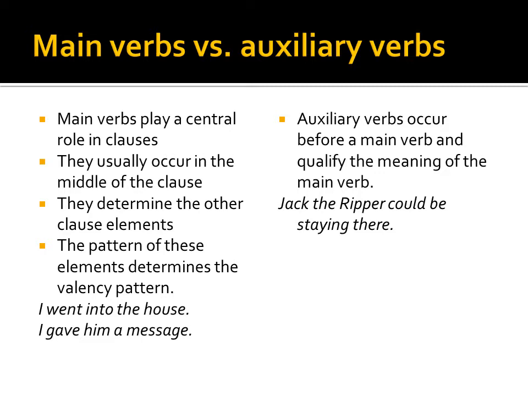So, you say, I went into a house is one type of valency because it's just a verb, and you have to add an adverbial after, a prepositional phrase that's acting as an adverbial after it. And you can say, I gave him the message, which is a ditransitive verb, and it's got the direct and indirect object. And then auxiliary verbs are those additional components to that verb phrase that qualify the meaning of the main verb. Could, would, all of